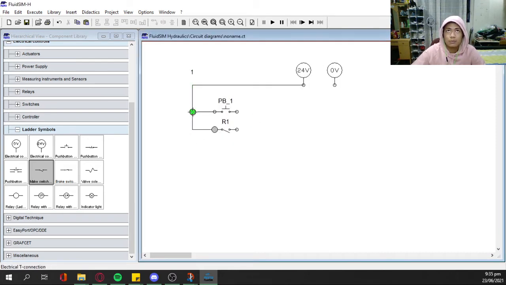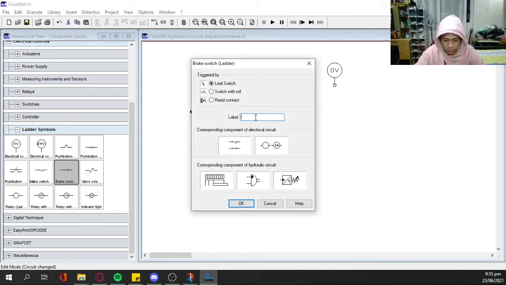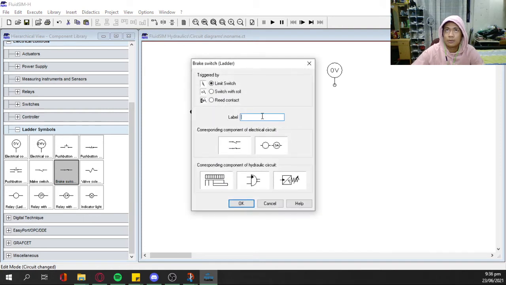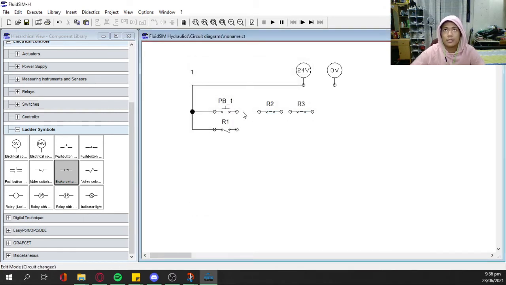Now, we're going to attach it to the circuit. Now we are going to take 2 brake switches, copy and paste, label R2 and R3 respectively, and connect it, and then connect this one here. So now as you can see,